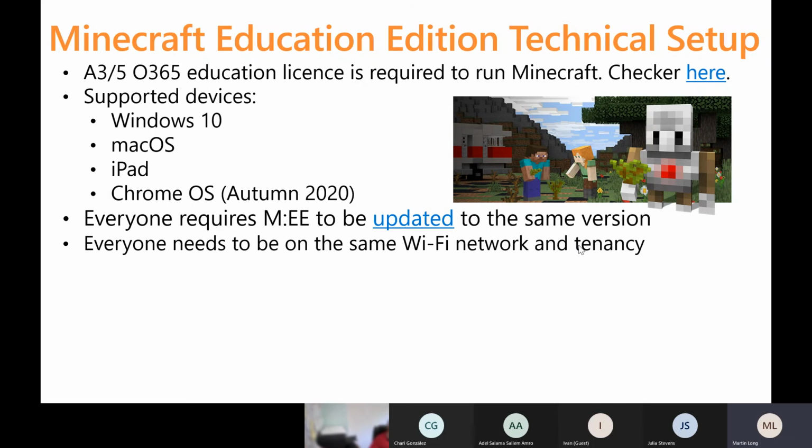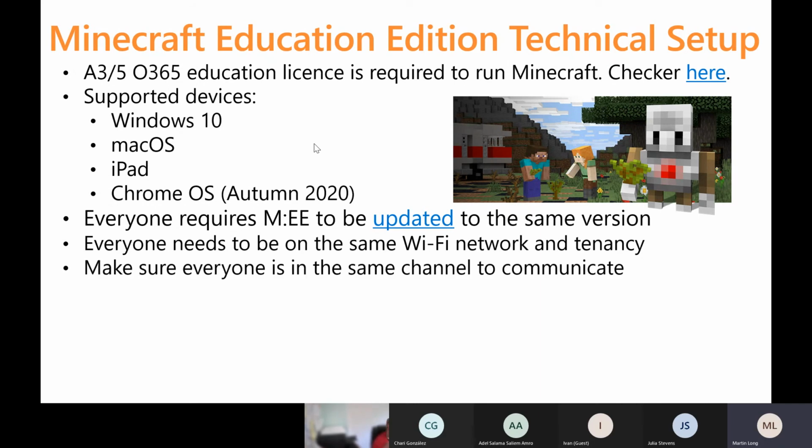If you're going to use any sort of collaborative project and you want students to work beyond their own account on their own device, everyone will need to be on the same wireless network, and they'll also need to be on the same channel to communicate. The same channel means the same wireless channel, so there are different channels within a wireless network. Some might work on long range, some might work on short range, but they need to be on the same one. Broadly speaking, most of the time the IT setup in your school will take care of that, but occasionally